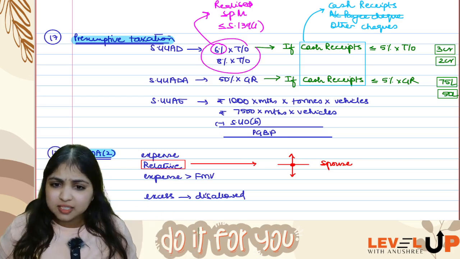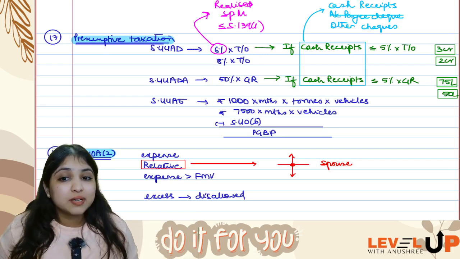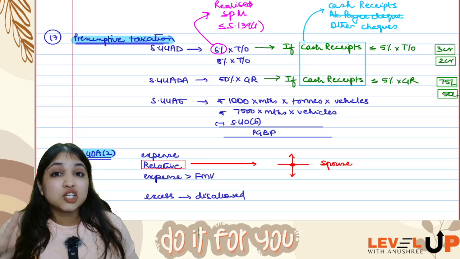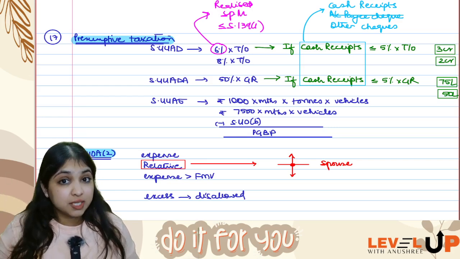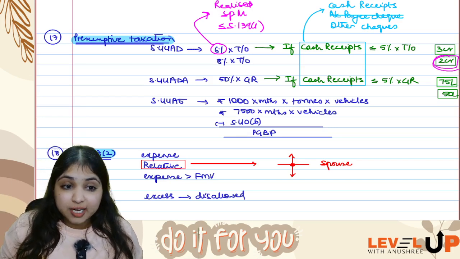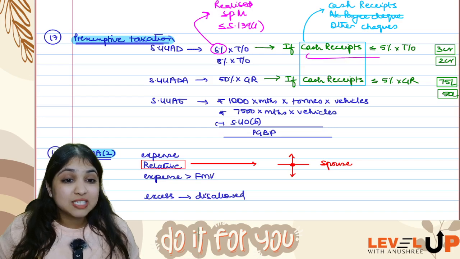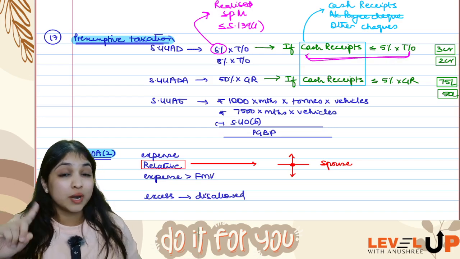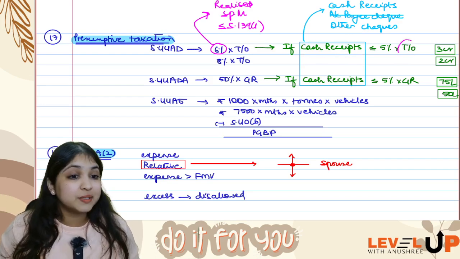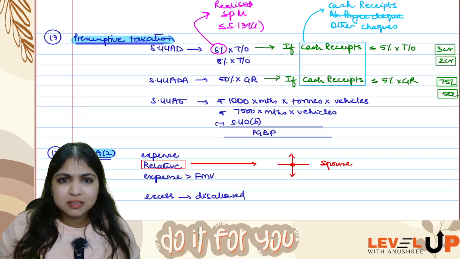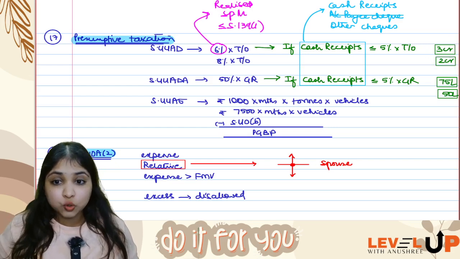Okay. This is going to be your PGBP, guys. However, under section 44AD, when will section 44AD apply? Section 44AD will apply only if the turnover of the assessee is within the limit. Now, the turnover limit is generally 2 crore. However, if the cash receipts are within 5% of the turnover, I am not saying 5% of total receipts, I am saying if cash receipt is within 5% of the turnover, then the limit will become 3 crore. Otherwise, generally the limit is 2 crore.